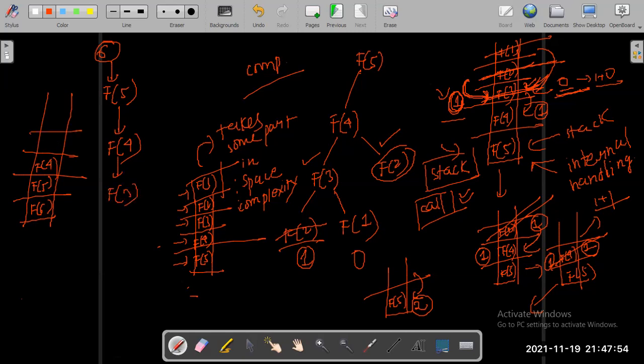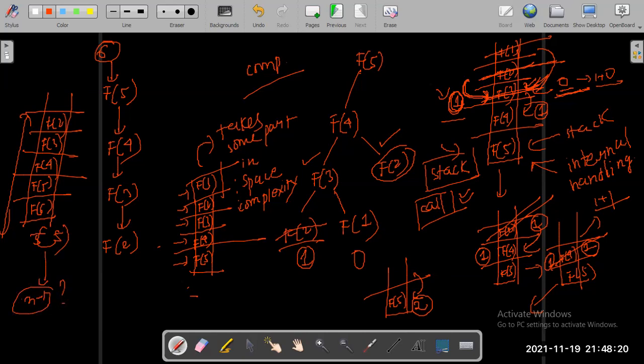Okay, f of 3 is going inside. For calculating f of 3, what I require? F of 2, right? After f of 2 is going inside, how many function calls right now we have inside our stack? 5 function calls. Is it equal to n minus 1?